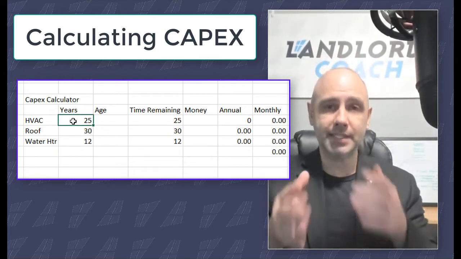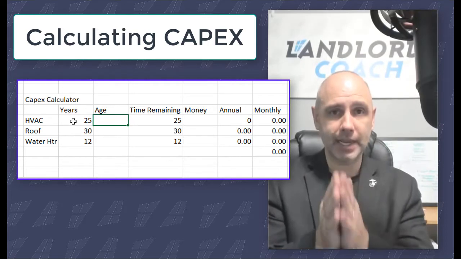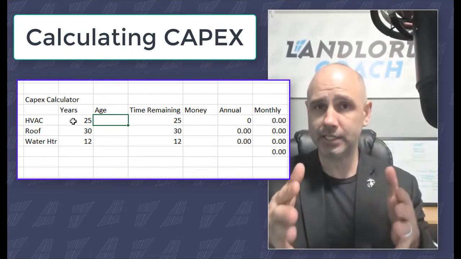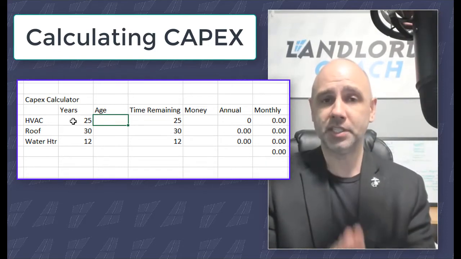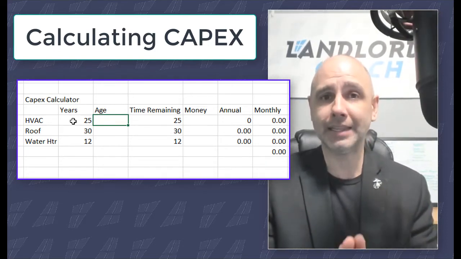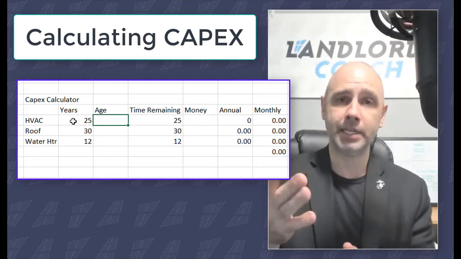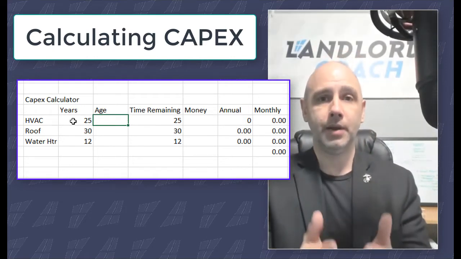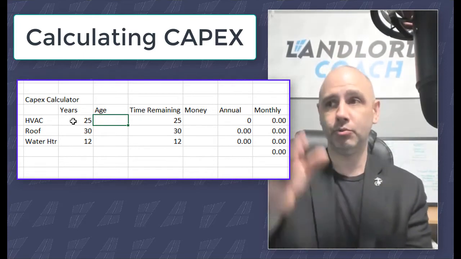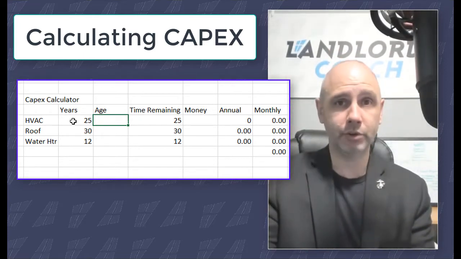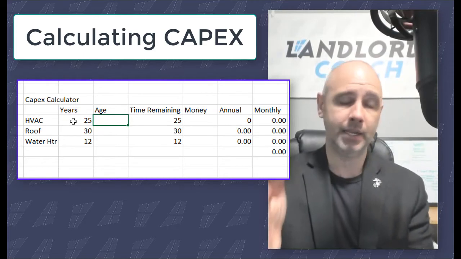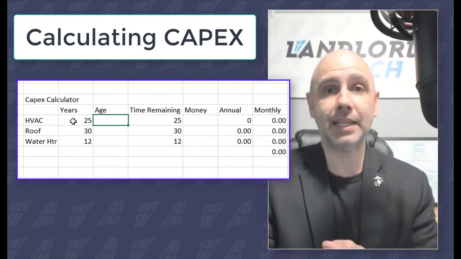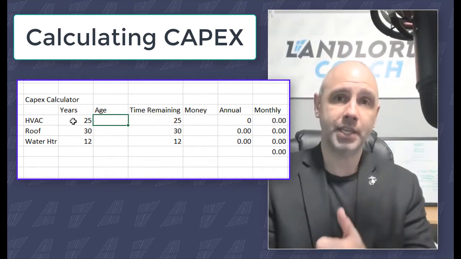So now, again, this is analyzing the cash flow on a property as you are getting ready to buy it. This is not something you do basically for an existing property unless you are trying to allocate money down the road. In other words, let's say you just replaced the water heater today, and you want to start budgeting for 12 years out when you're going to be replacing that again. Sure, you could do that. That makes sense. Or let's say you're not already allocating that money and you want to start allocating money